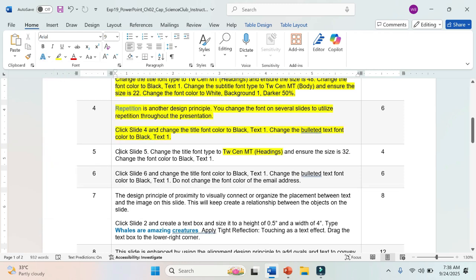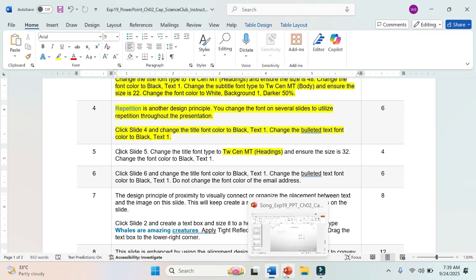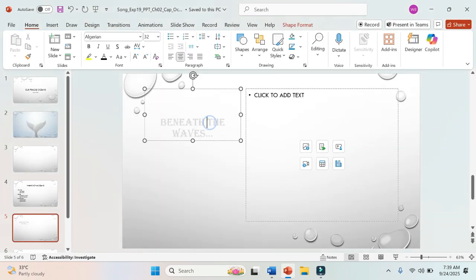We have utilized this in the 4th step, and we will utilize it again in the 5th step. Change the title font size to font type. Okay, this is the title. Just how to select the whole title, I told you that this is the dotted line. When your insertion point is here, here or here, you will see the dotted line of outside border. But when we have to select all of this, then this should be a single consecutive line. You can see